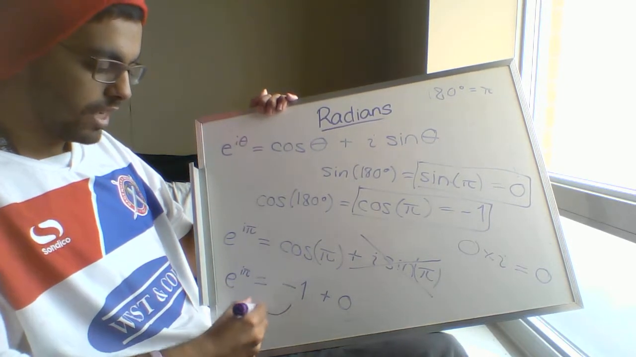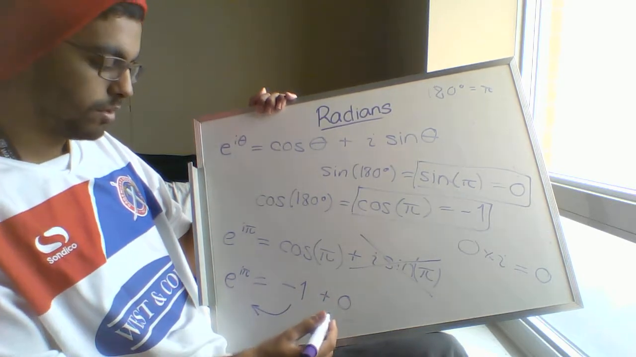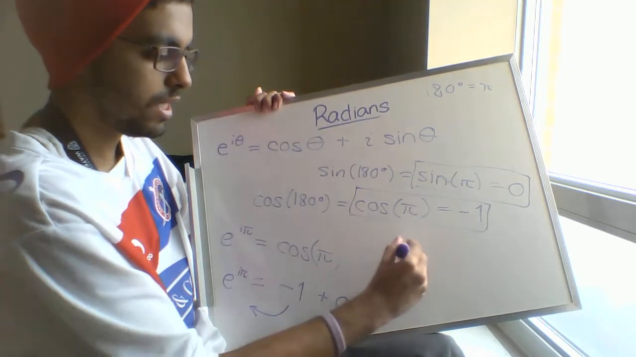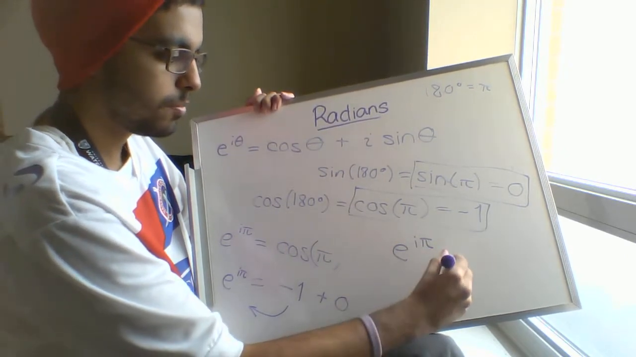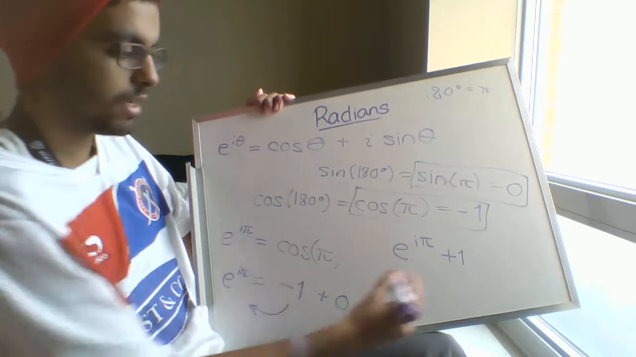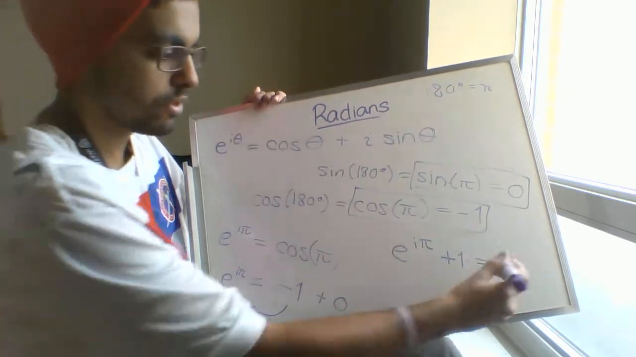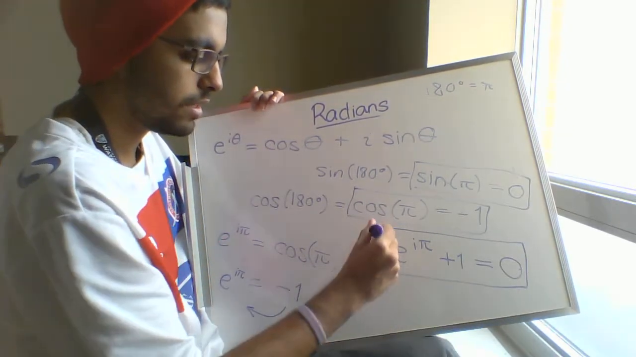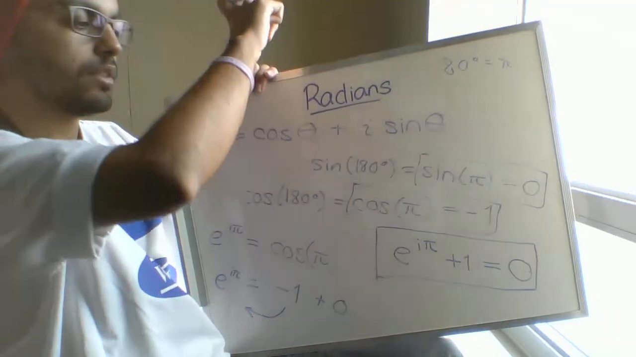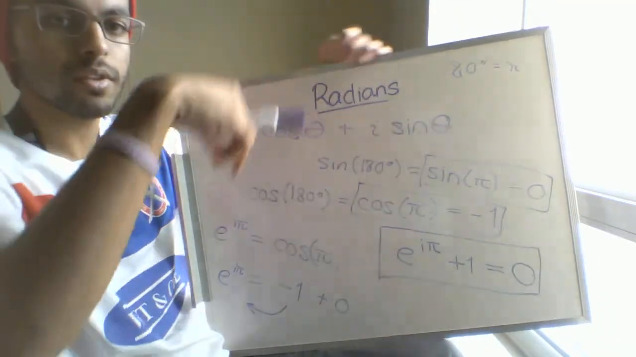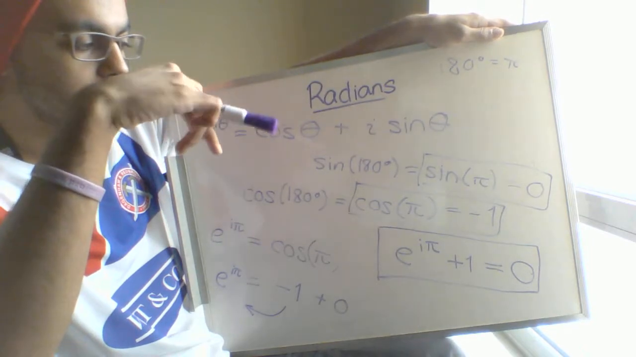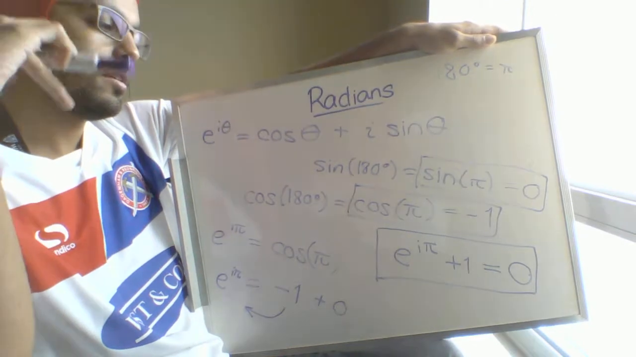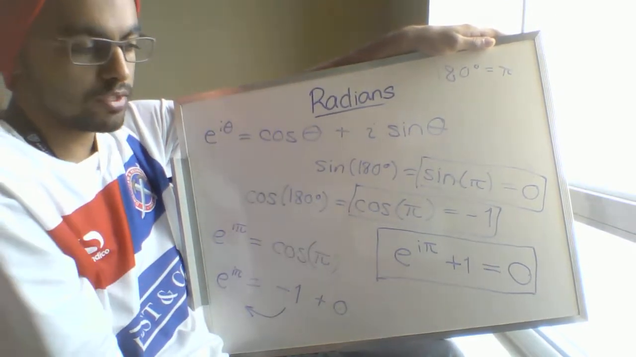So if we just bring this -1 to the other side by adding 1 to both sides, we get that e to the i pi plus 1 equals, and there's nothing left on the right side, 0. So we get this identity that you can use in some math and physics questions, and that's the identity that is often called the most beautiful equation in mathematics, because it's got so many different types